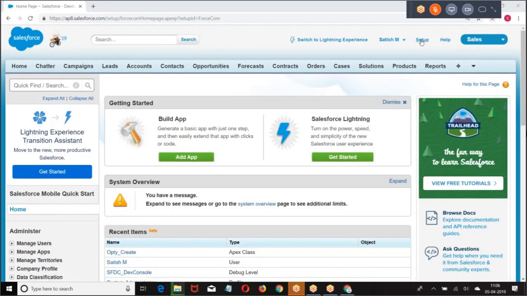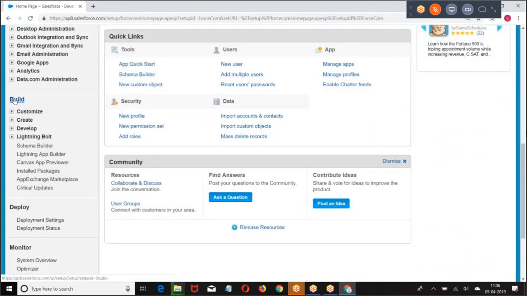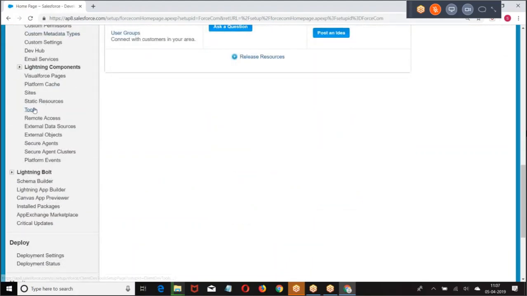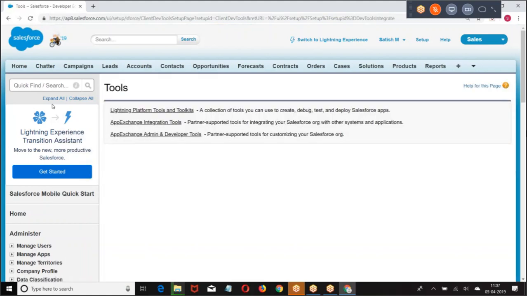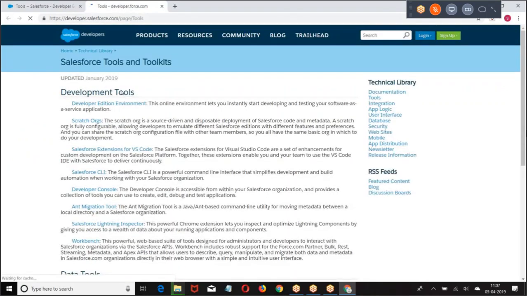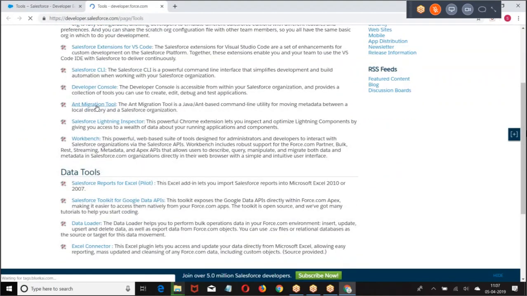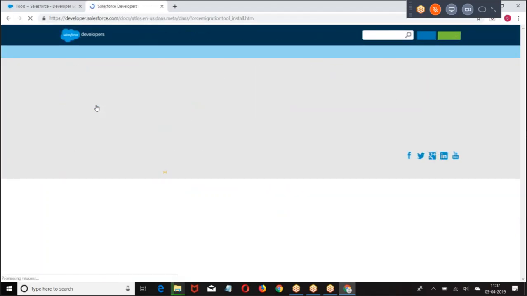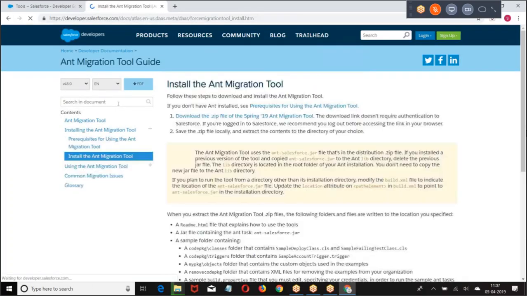So go to Setup, Build, Develop, Tools, Lightning Platform Tools, ANT migration tool. Download the ANT migration tool.